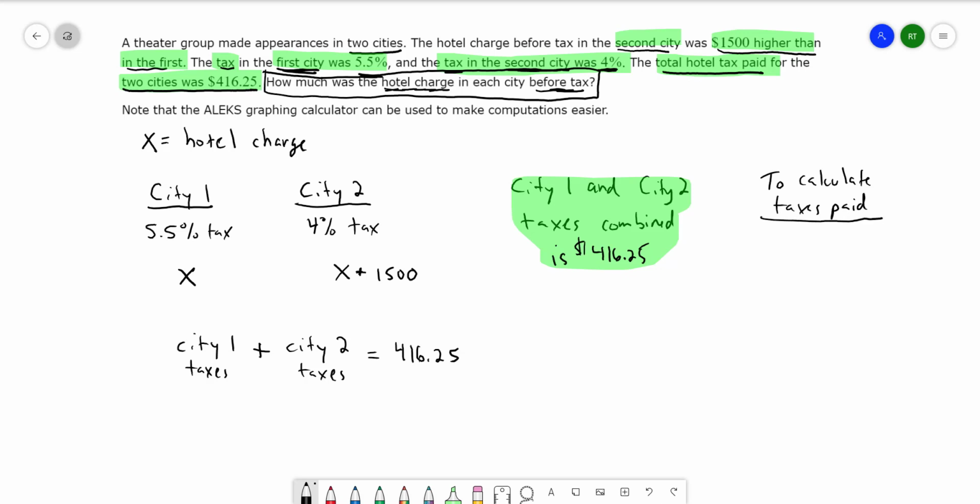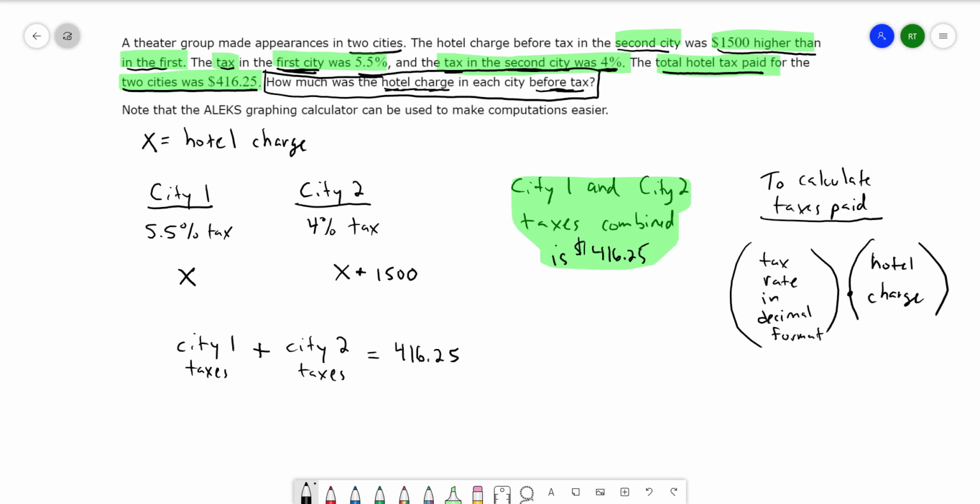You need to know the tax rate. So you take the tax rate and make sure it's in decimal format. So I'll put a little note, decimal format. And you take that answer and you're going to multiply it with the hotel charge in this case. So what are you trying to find taxes of? Well, in this case, we want to find out what's the taxes paid for the hotel. So we take the tax rate in decimal format, multiply it with the hotel charge, and that'll tell you how